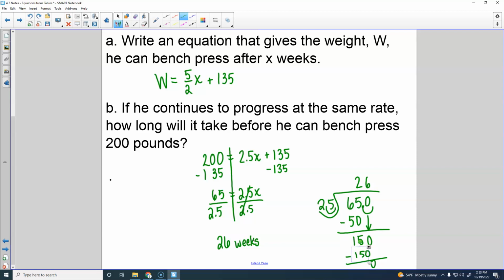But it's probably going to be more logarithmic. It's probably going to flatten out. Yeah, because you're probably going to have bigger gains at first, and then as you kind of reach your maximum, for example, a person Riley's size is probably only going to be able to bench so much. So it's probably going to start off a little bit faster at first and then slow down. That's probably what we're going to see. All right, so